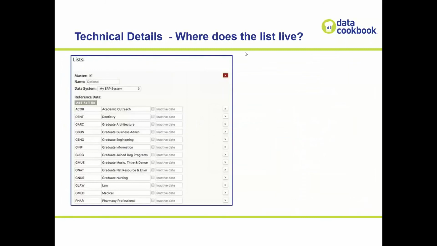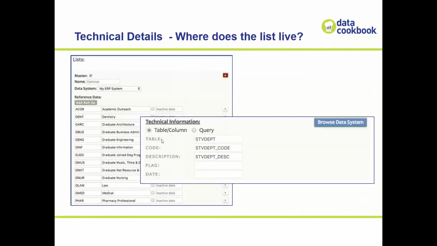The next set of information you want to understand is where this list lives. So where are the lists of valid values in each data system? Here's the list of departments that you have. Technically, this lives in this STB department table, and the code is this field and the description is this field. Maybe there's an inactive flag and date there too. So you document what the validation table is if it exists. If not, you can also define it by a query, but just to let someone know how to find the set of valid values. That's really helpful later for change management and monitoring of these codes, which we'll get to in a second. But think of it as supplemental information to track about where it lives.